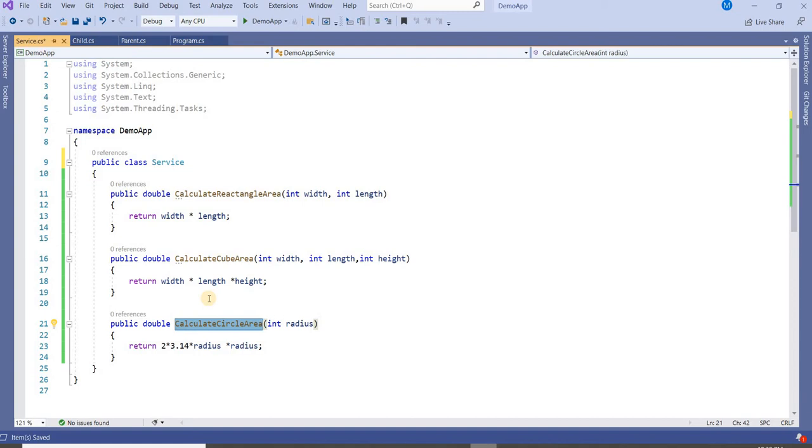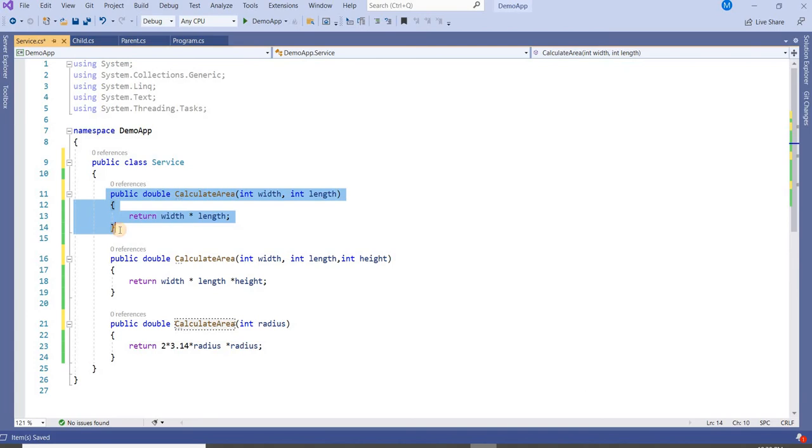But suppose there are multiple methods, again the person needs to understand and remember the names of all the methods. What polymorphism says is, instead of memorizing multiple method names, just take some common name. Like we can take here calculate area, and method overloading says you can take methods with the same name. Like I have taken here, but I'm not getting any issue here because of the same name.